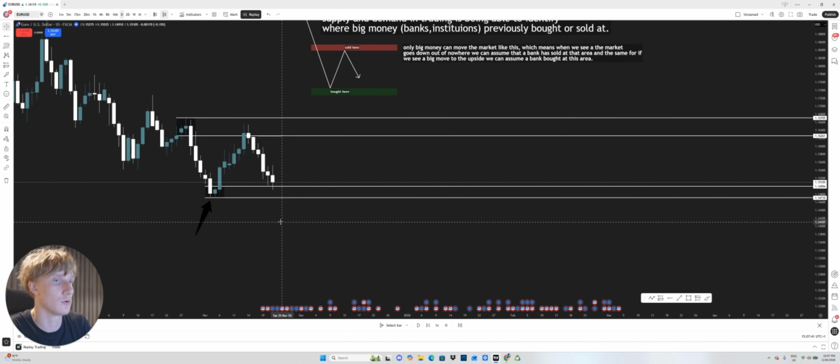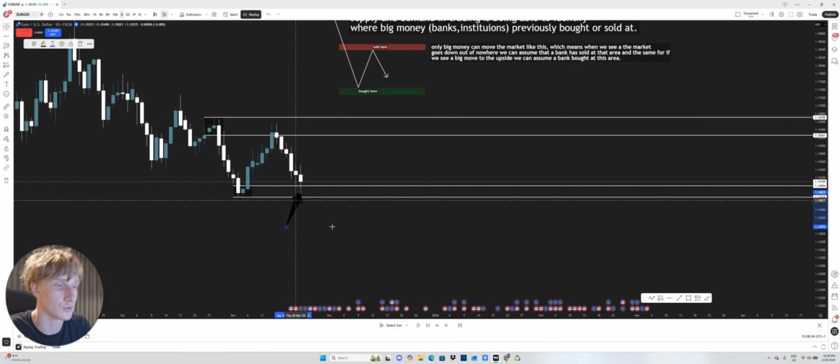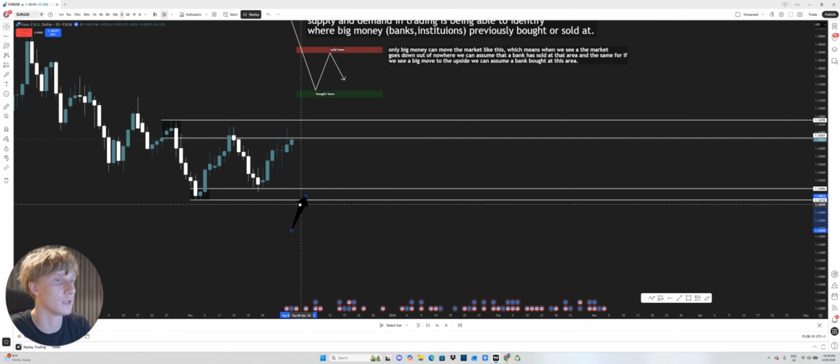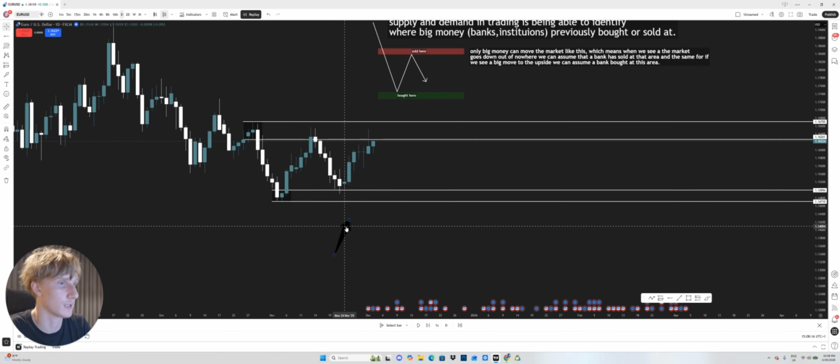So what do they do? Let's say they want to enter with a total of 4 billion in orders at this specific level in price. Or let's say they enter with 1 billion here. Because $1 billion just entered the market, that caused the market to spike. Then they wait patiently for price to tap back in here again to enter another $1 billion of orders. And as we can see, price reacts. They just keep on doing this until all of their orders have been filled. So what you are seeing is bank buy here, bank buy here, bank sell here, bank sell here.